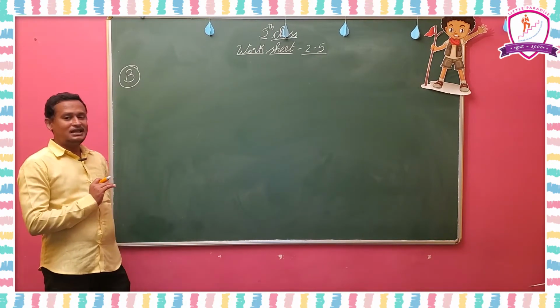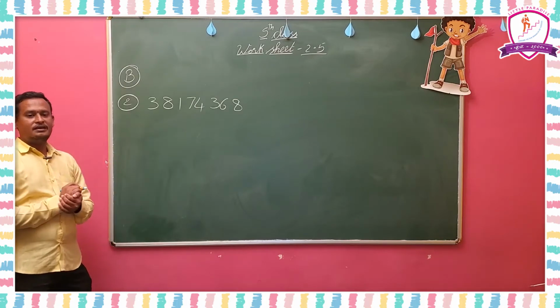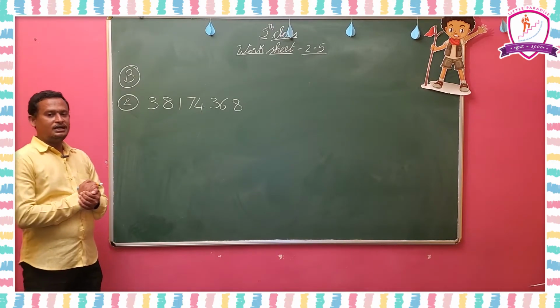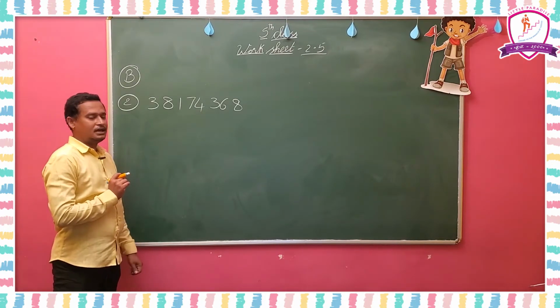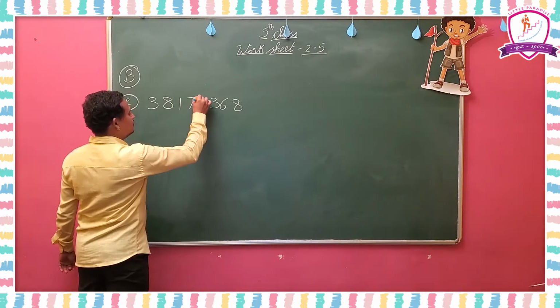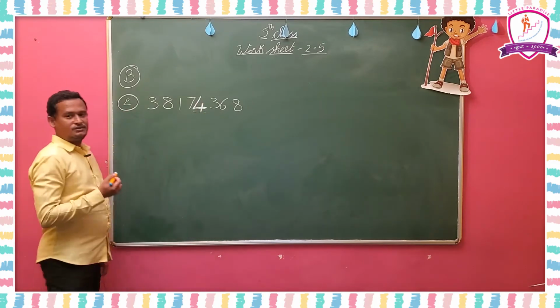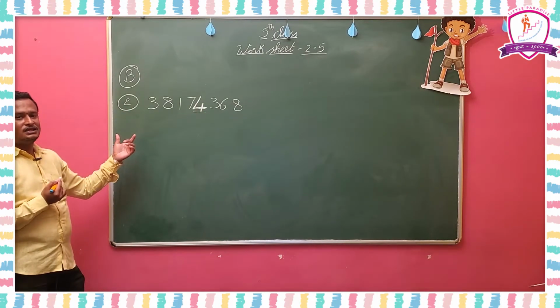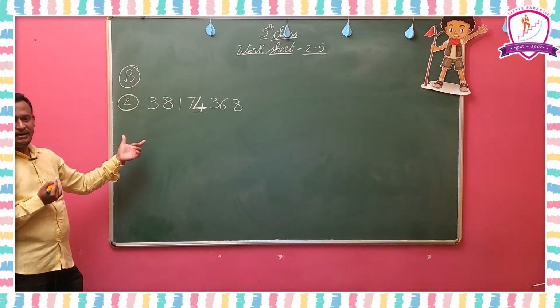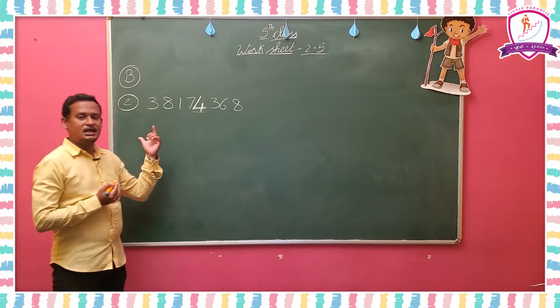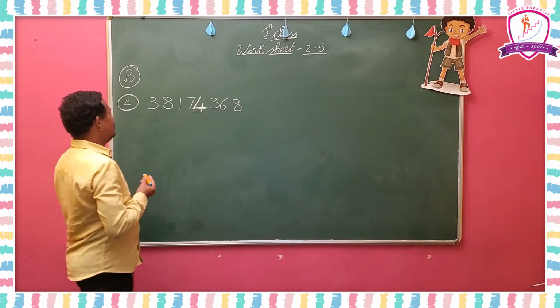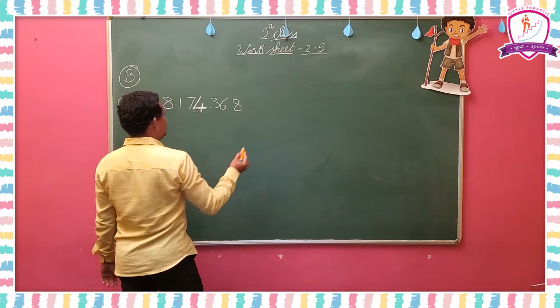Now the first sum is already explained there. I am going to explain the second one here. This is the number given. In this number, what is the highlighted digit? Here 4 is highlighted like this. So for this 4 you have to write the place value. First, what do we have to write? First you have to write the number again. Then you have to put commas according to the Indian system. So copy this number again here.